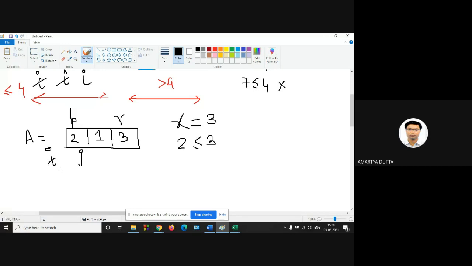Increment the value of I and exchange 2 with itself. Then increment the value of J by 1. Again 1 is less than or equal to 3, so increment the value of I and exchange, which is an exchange with itself.